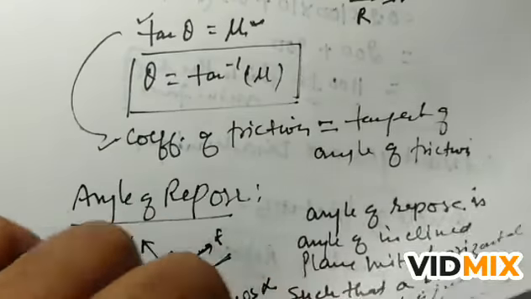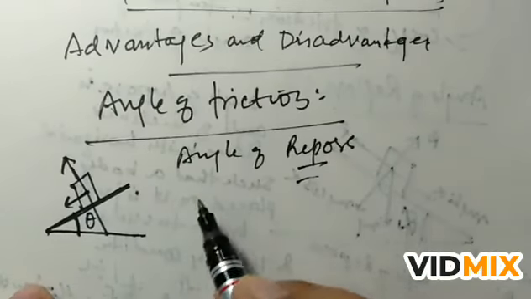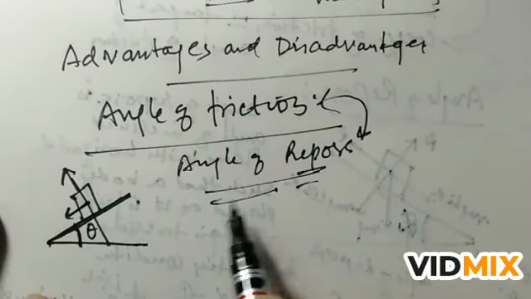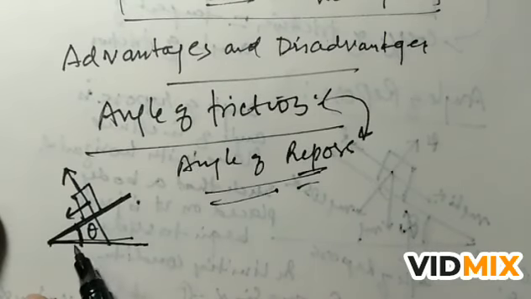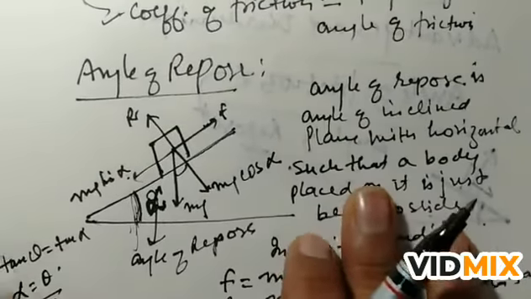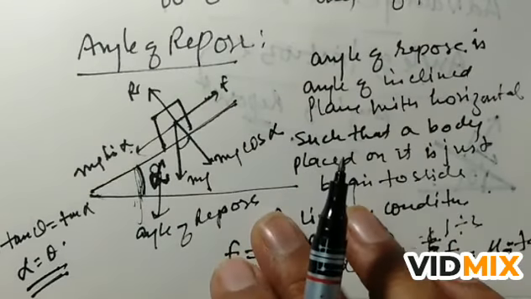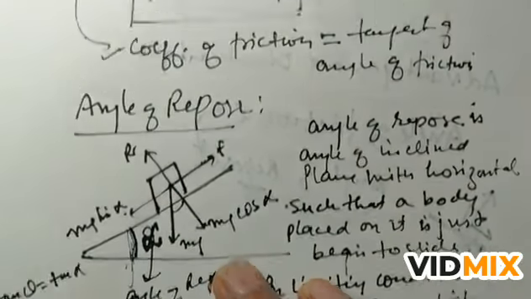And as I was discussing a little while before, this is the angle of friction, and here we prove that the angle of friction is equal to the angle of repose. This is the angle from the surface, known as the angle of friction. But when we talk about the angle of repose, this is the angle of repose. One question is sometimes asked: prove or derive that the angle of friction is equal to the angle of repose. So you can derive it from here.